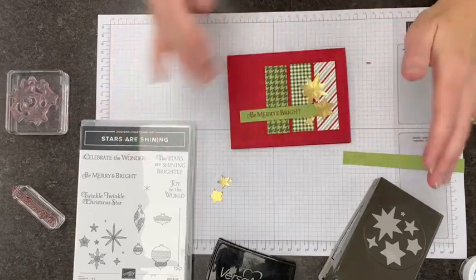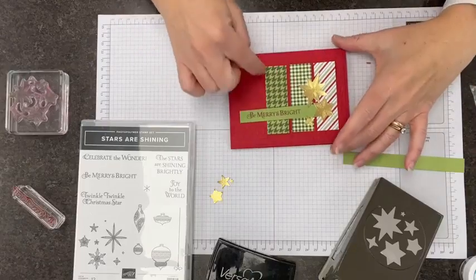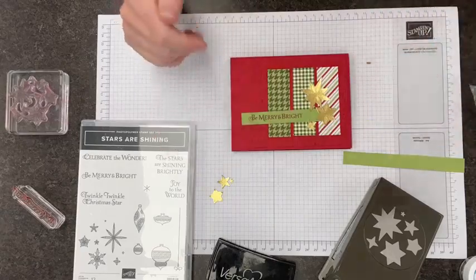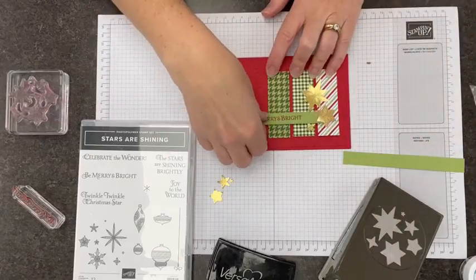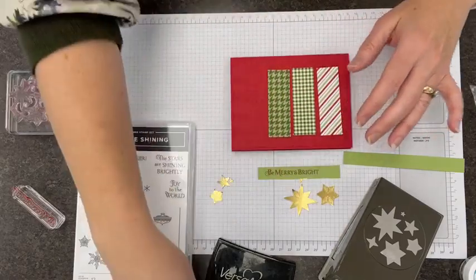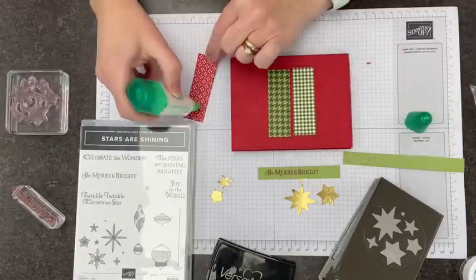I don't have it spread out evenly. You could do that too, but I kind of like it off to the side. You could even put a 4th one on here if you really like things to be more centered. But of course, whatever works for you. So when I do cards like this, I pull pieces off one at a time. So I'm gonna leave these on here, and I'm going to take off 1 strip at a time